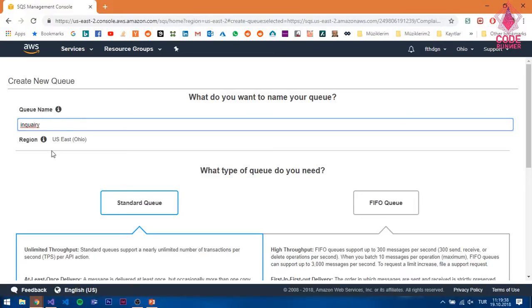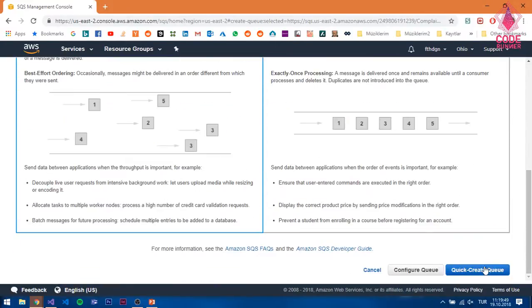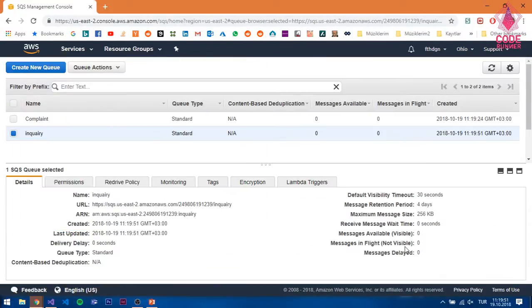I think it's fine. Inquiry, maybe, but no, it's okay. And let me quickly create this second queue. And now in my queue list, I see complaint and inquiry, and